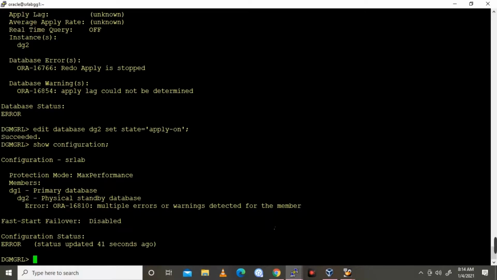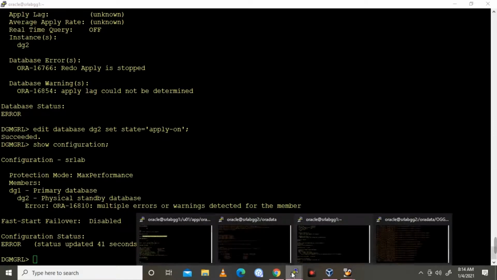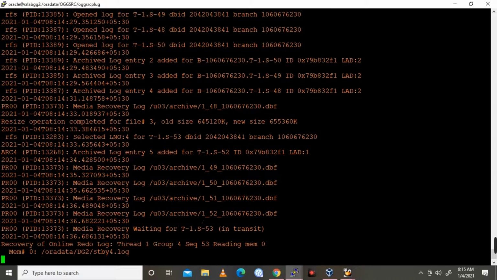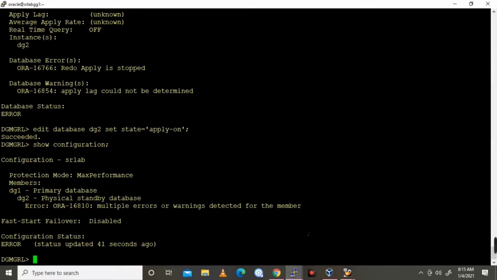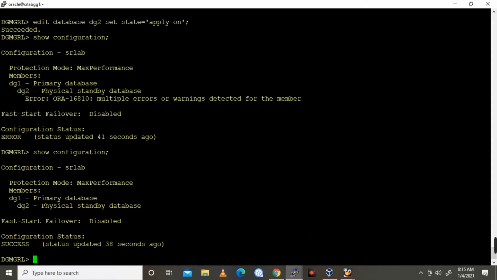It will take a few minutes to sync because we have only just started the MRP. Now you can see in the standby alert log that media recovery happened and the archive logs have been recovered. So now everything looks fine.